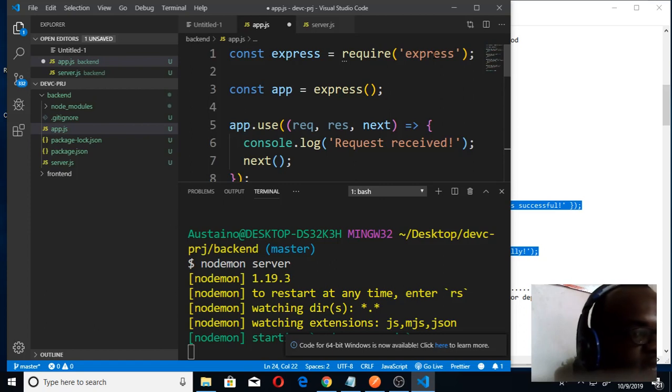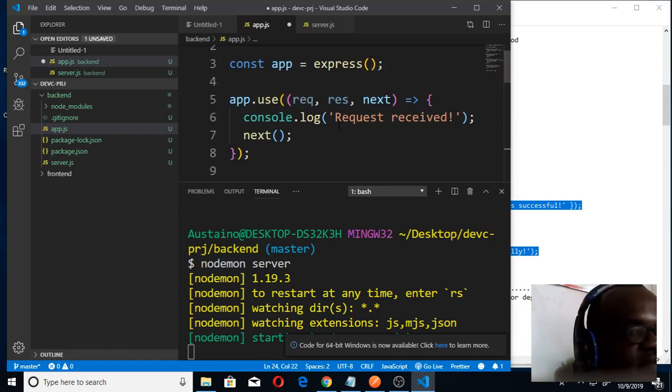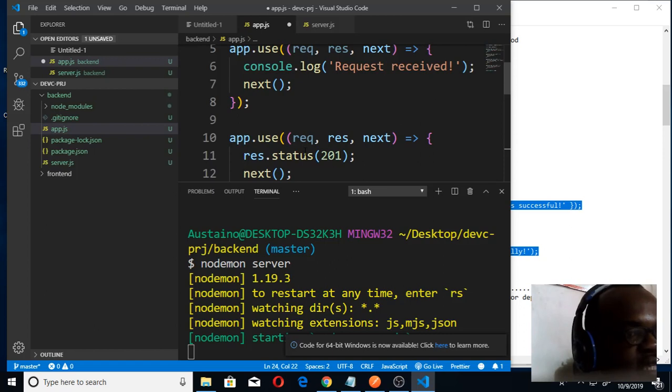We are bringing in Express, then we are creating an Express app, which are the first two lines. Then we'll do this. So this is the first middleware. Middleware must have these three arguments: request, response, and next. Next simply tells it to, after saying console.log request received, jump into this next one and